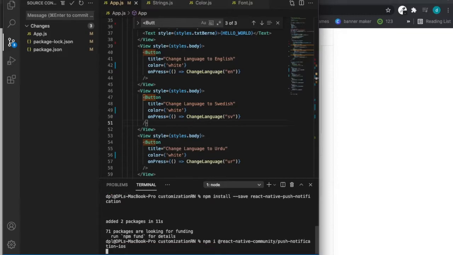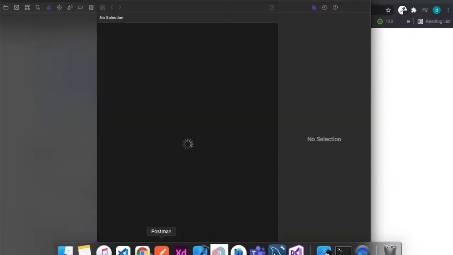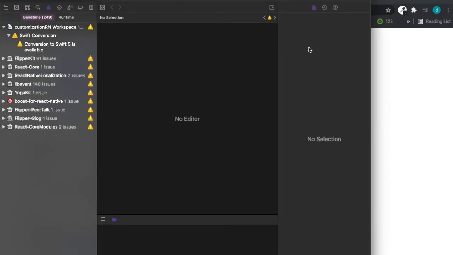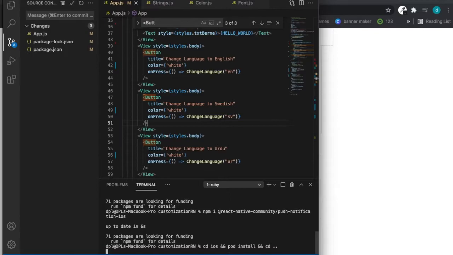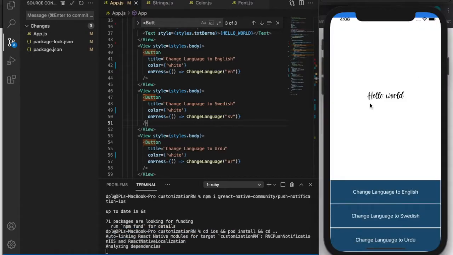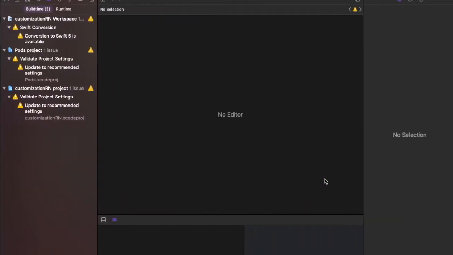You'll have to do both configurations on the native side, on iOS and Android as well. But first we are gonna do iOS because they have more configurations to do. I've installed the libraries, and I'm gonna go ahead and install pods in my project. Now as your pods are installed, you want to go to your Xcode and click this little blue icon on top of your project where your project name is stated,